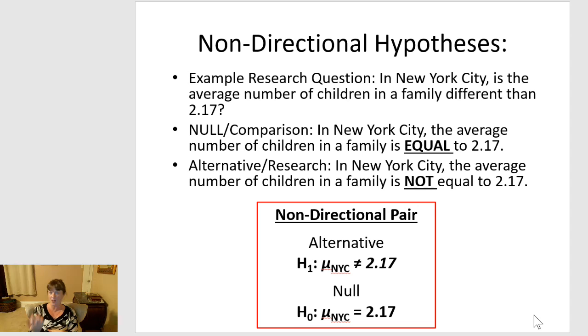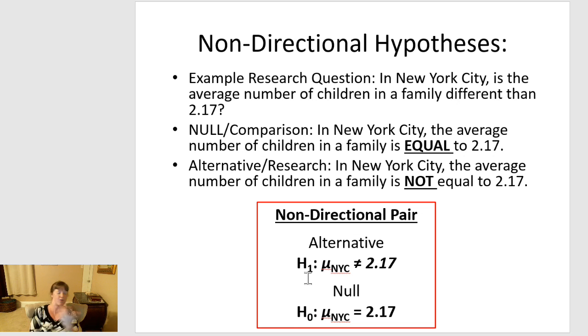If one happens, the other cannot. Collectively exhaustive, there's no other options. And if you can reject the null, reject the idea that the average in New York City, mu in New York City, remember mu, just that Greek letter, that the mu in New York City is equal to 2.17. If you can reject that, well, then you get to go with the alternative, your research hypothesis. And you do a happy dance and you go on Oprah